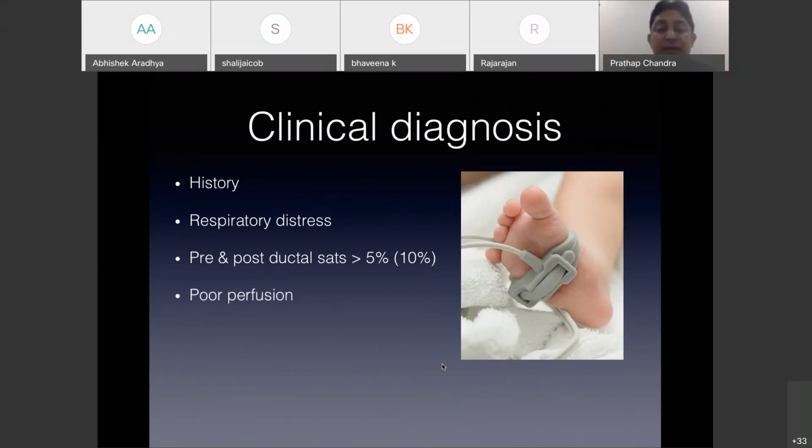And generally, when pulmonary hypertension is there, pulmonary venous return is very poor. Therefore, your cardiac output is very poor, because the blood returning to the heart is also less. Therefore, you can develop poor perfusion, which will be seen by a capillary refill time of more than 2 seconds. And as I suggested,